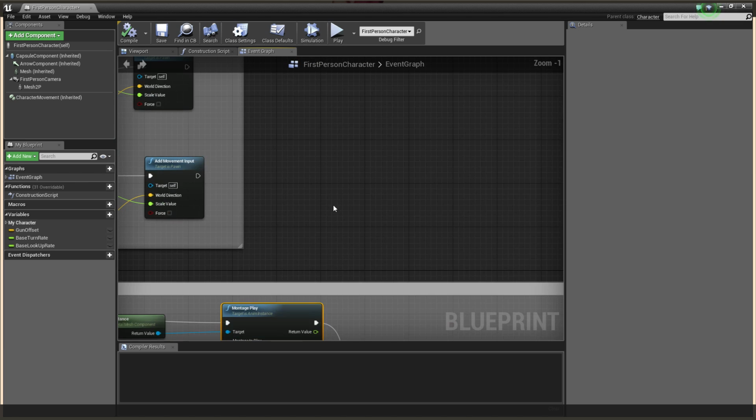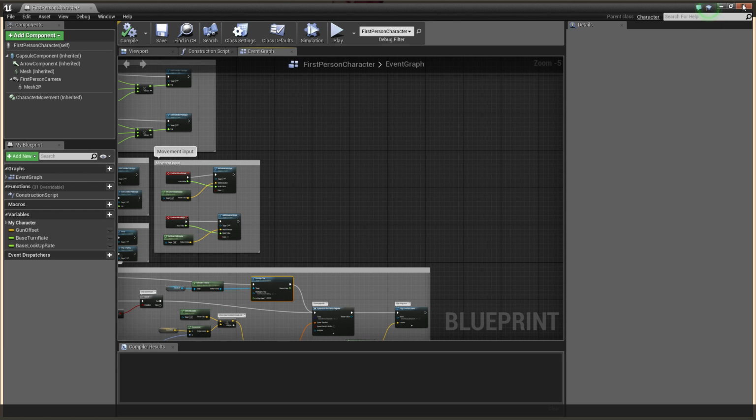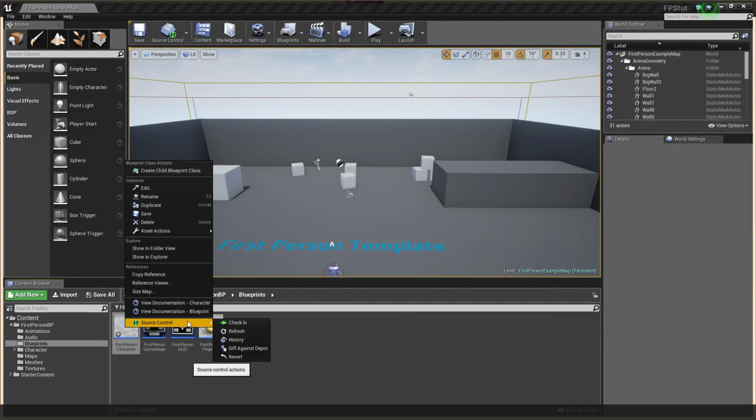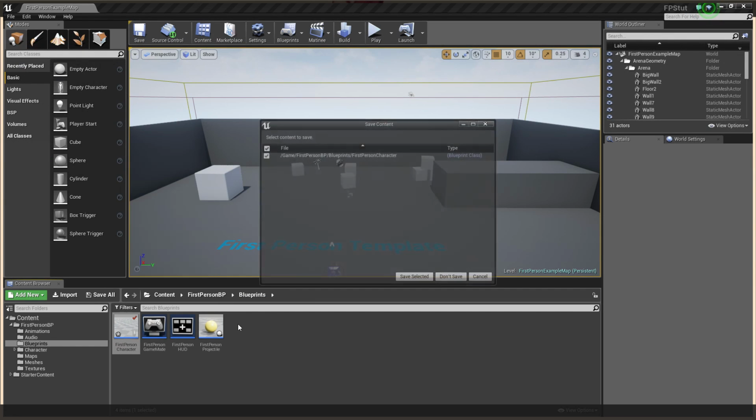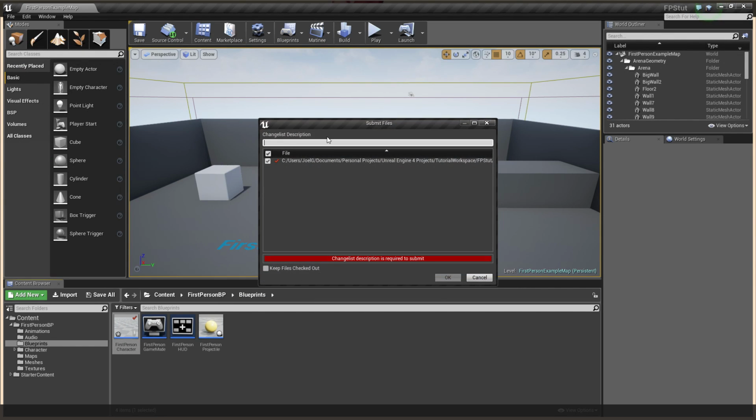I can go ahead and make my changes. In fact, I'll tell you what I'm going to do. I'm going to check this back in. So there you go. You can see how to check it back in there. Save it. And when you check something in, just a note here, you need to add a description. So if I've added a new gun,